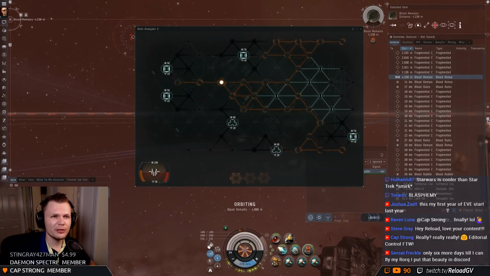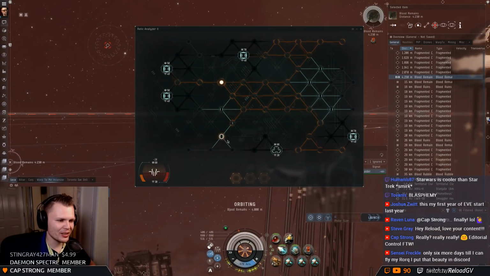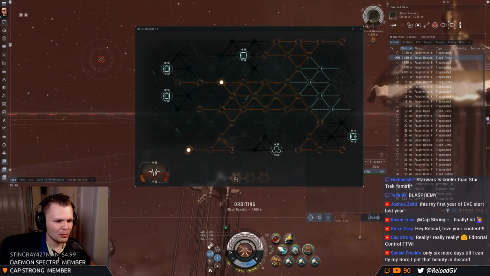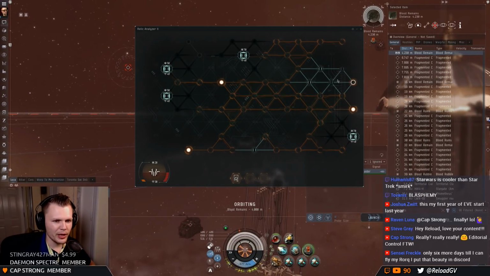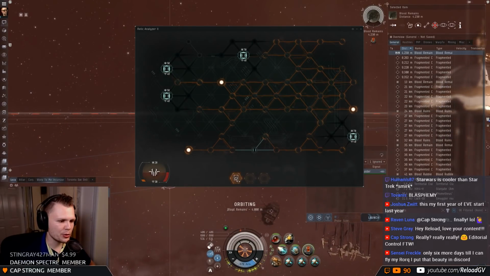Only 6 more days until I can fly my Rourke. Oh, right, you were training for the Rourke. Man, best of luck. Looking forward to your feedback on the Rourke. I can fly it, I just can't afford it. But first things first, we're gonna get the carrier. That's first on my list. I can fly it, I have almost enough ISK, after I'm done with researching...